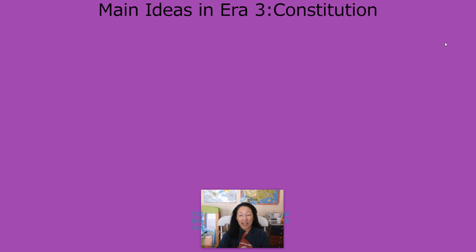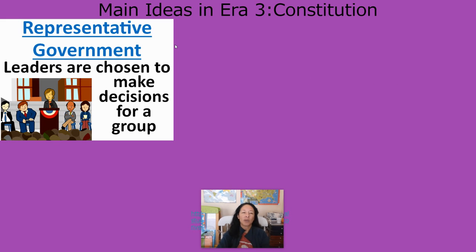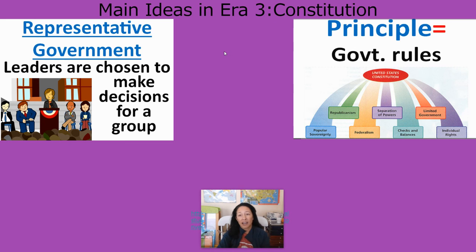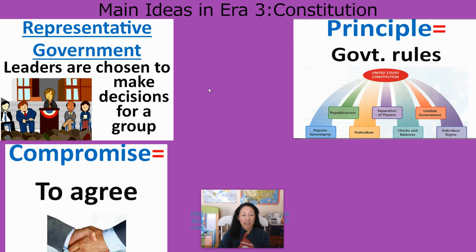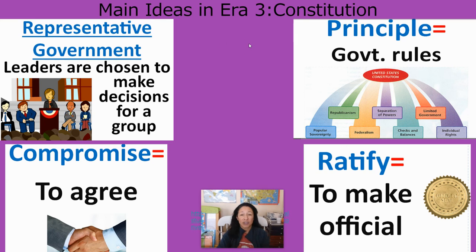Era 3 was the era that we spent time on right before the break, okay? We talked about how they were going to set up a representative government. We knew that now that they were away from the king, they needed to start up writing their own laws and taking control of themselves. We set up 7 different rules or ideas that the government had to follow. We talked about how we had to compromise. The states had to compromise to come up with the plan that they agreed on in order to ratify the final document called the Constitution. And that was a lot of information, guys, from August until now.